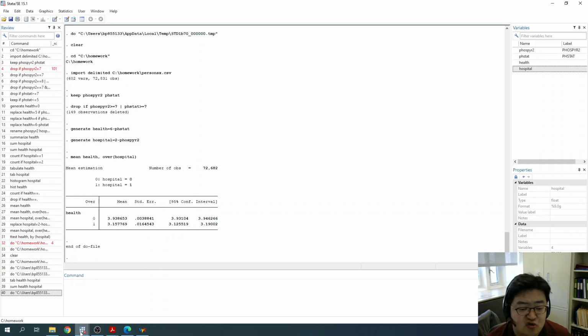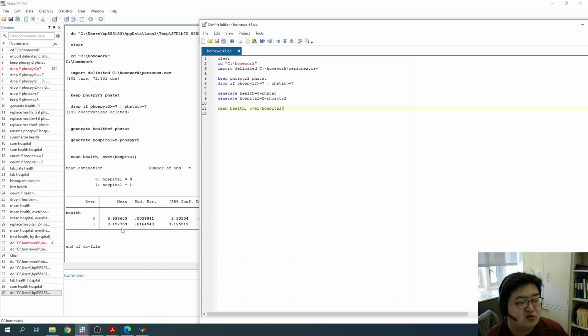But you still want to save your commands like this. This is an archive of your commands for your later use, or for a potential update, for a potential change in the future. And this is what you have to submit with your